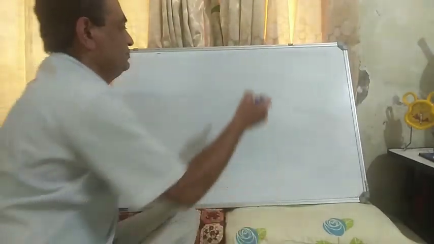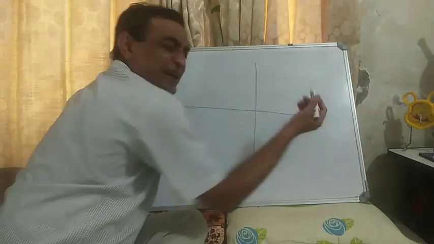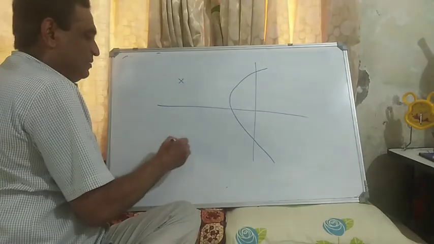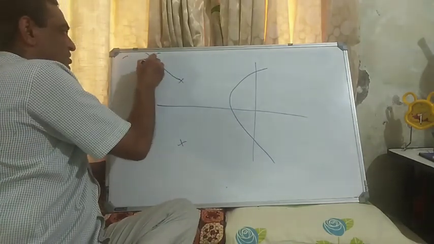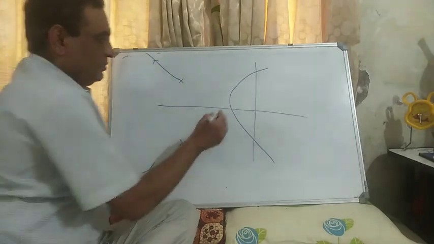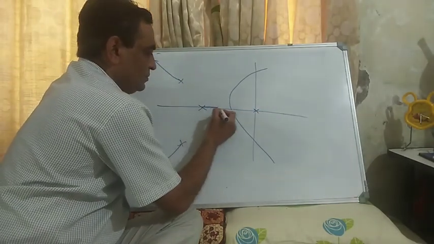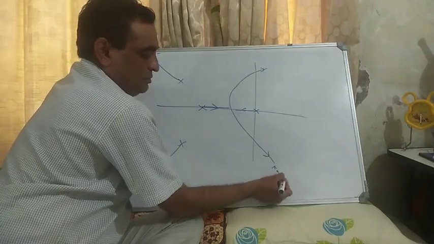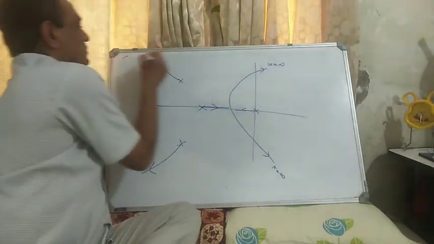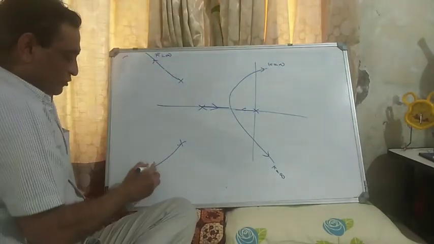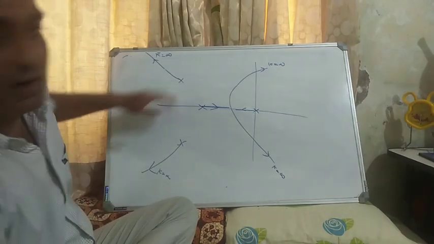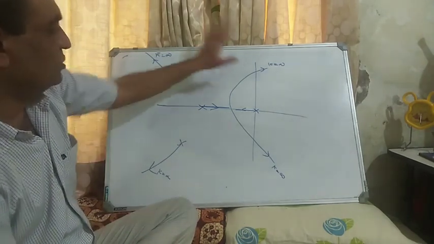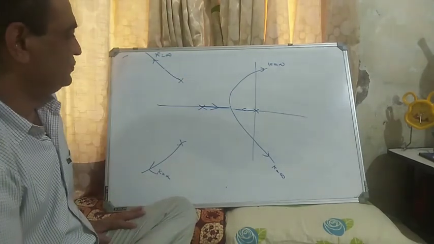So now you can take any root locus. So let's say this is the root locus. Let's say there is one pole here, there is one pole here. Earlier root locus was something like this. K is equal to infinity, K is equal to infinity. In our earlier class, in lecture number 7, we took this example. So this was the root locus.